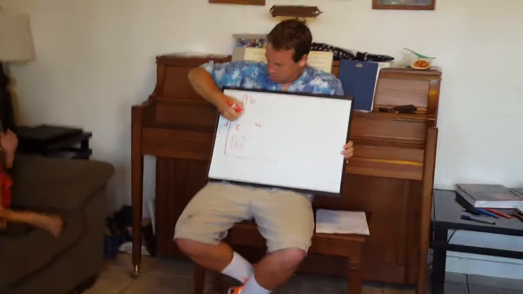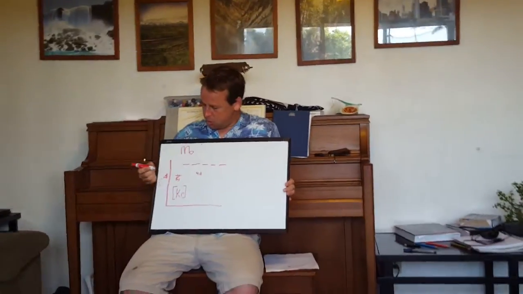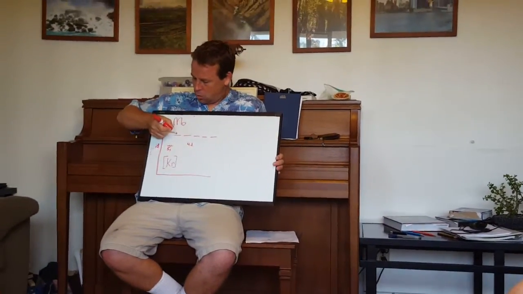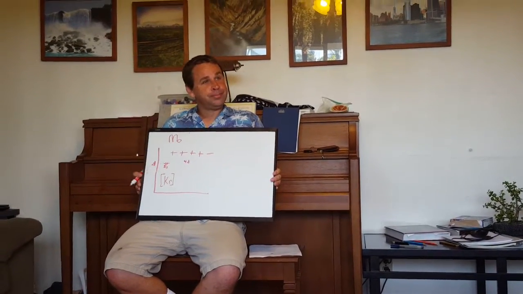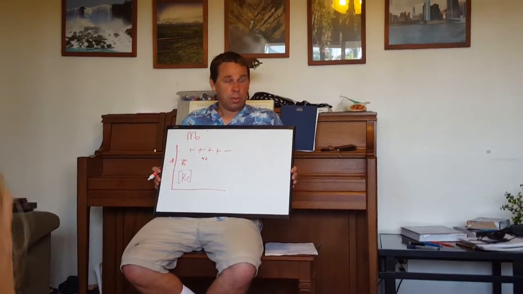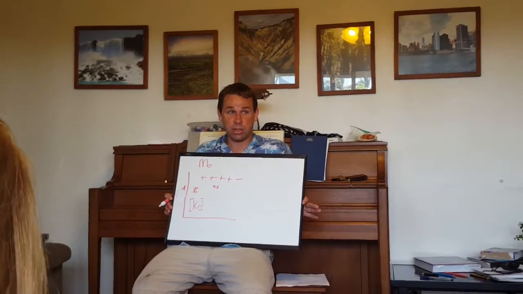It has 4D, and we have 1, 2, 3, 4, 5 orbitals in the 4D, and it only has 4 electrons altogether? Yep, 1, 2, 3, 4. Why do you even need 5 if you only have taken 4 out? Oh, 5 orbitals? Well, you should always put all the orbitals so you can think about what the symmetry needs to look like, right?